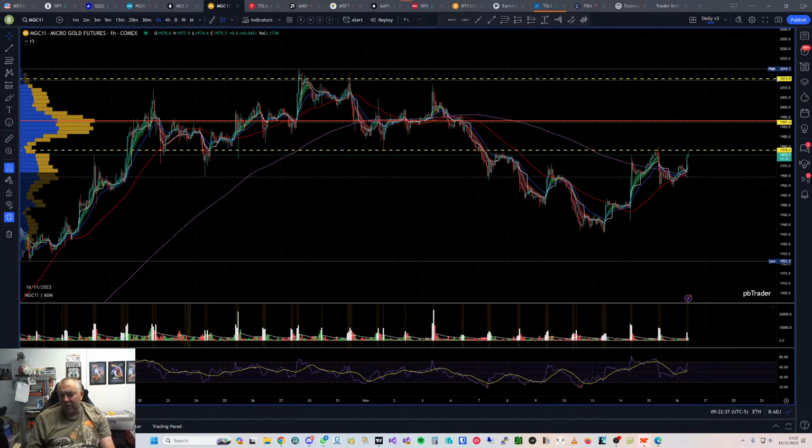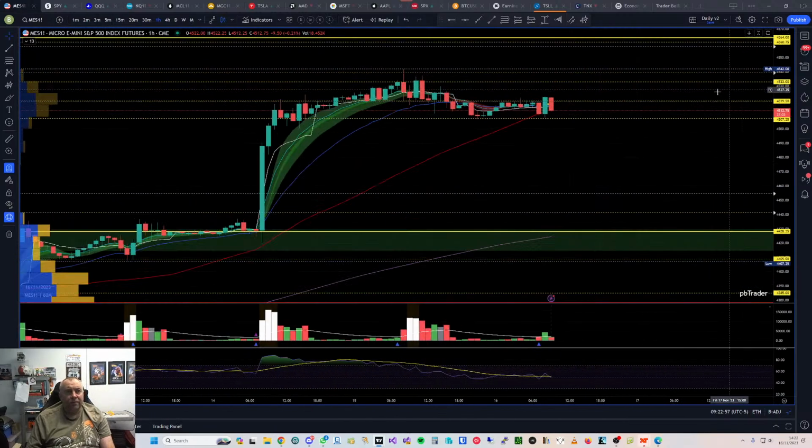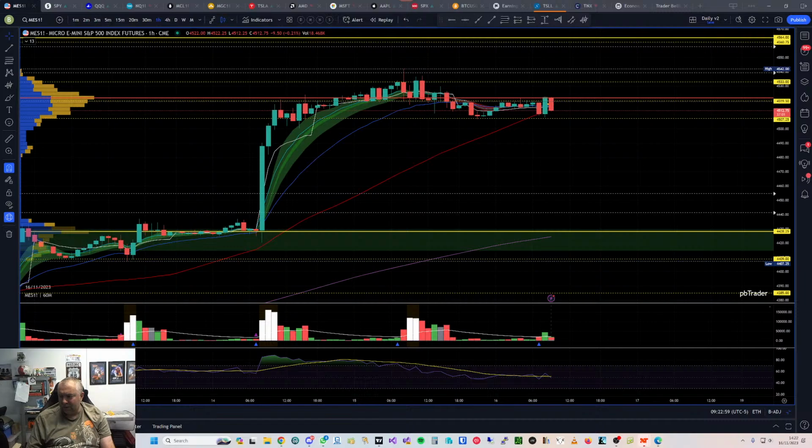So a rejection at that area, or if you're long from this break and retest long, a potential first target, and a second target could be up here. But bearing in mind, it doesn't move that far in a day, so that could be a day's worth of move. And that's it really. Go back to MES, see if anything's changed. It has had a bit of a sell-off in the last 5-10 minutes.